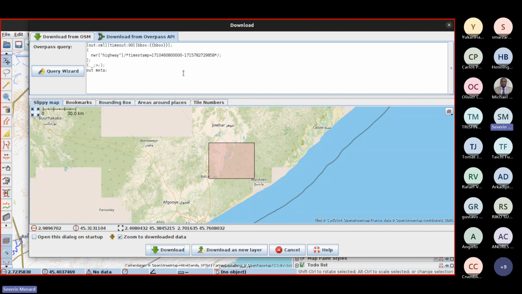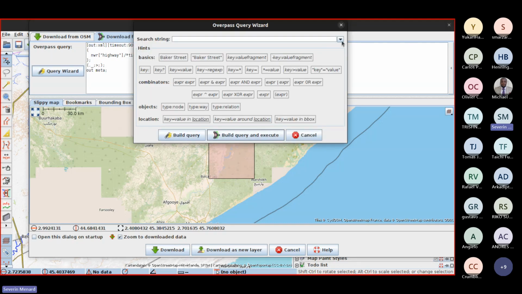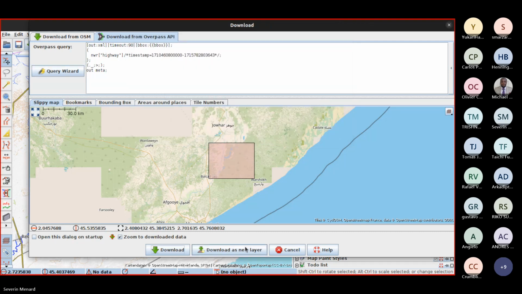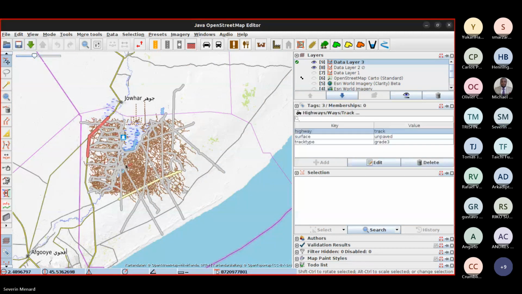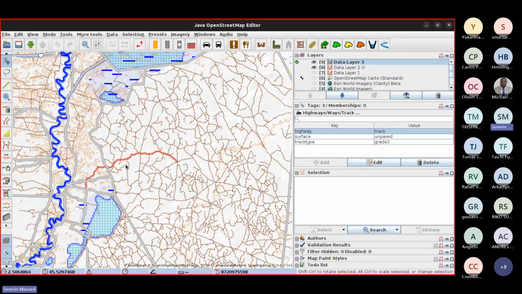Oh yes, interesting, the timestamp. It was this one, just one. Yes, 2 months is not that big. Okay, that's more visible.